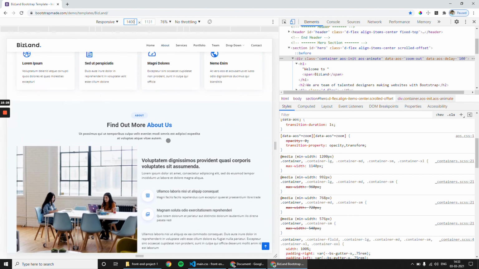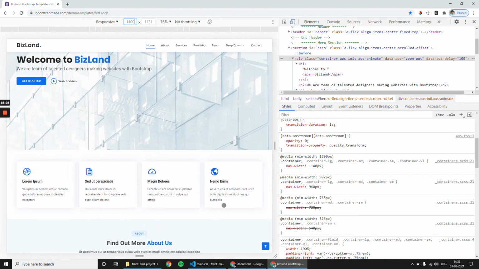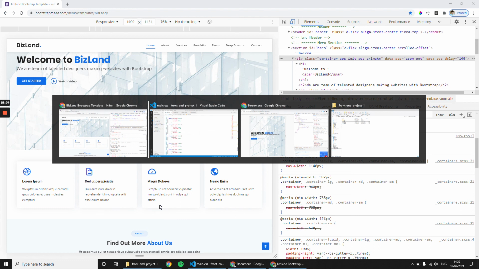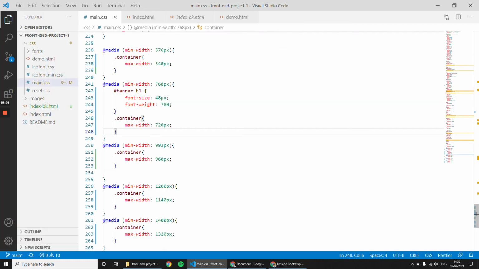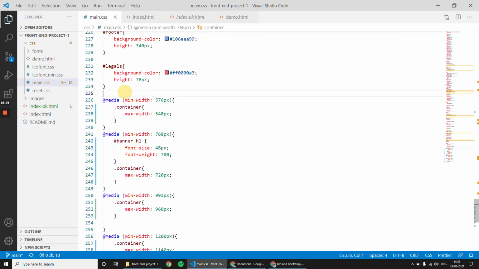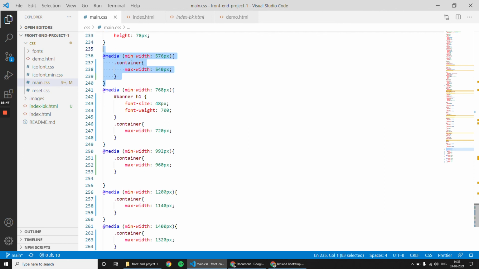But what I want is for you to complete at least one section with 100% responsiveness, which means you will send four or five screenshots. First screenshot at 320 pixels, second at 576 pixels, third at 768, followed by 992 and 1200. You will take different screenshots of the same section and send them in the group.